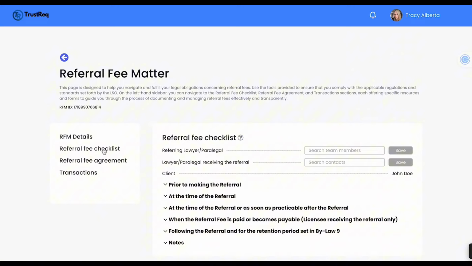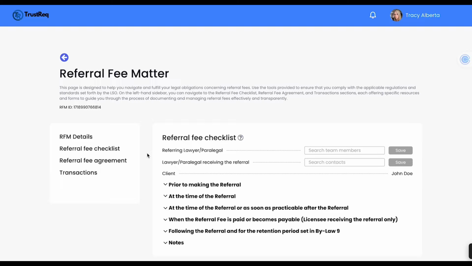You will now see an interactive, cloud-based version of the LSO's checklist. Since your checklist exists in your TrustReq portal, you'll enjoy the convenience of being able to fill out portions of it and then return later as you proceed along the referral journey. You'll also enjoy the convenience of team collaboration, which means that your support staff and coworkers can assist you in monitoring and filling out the checklist. This approach will keep you far more organized compared to just keeping a PDF saved somewhere on your computer. And, as we've mentioned in other videos, you can invite LSO auditors to view your TrustReq data, which means that you won't have to go searching for a printed or PDF checklist to show your auditor.